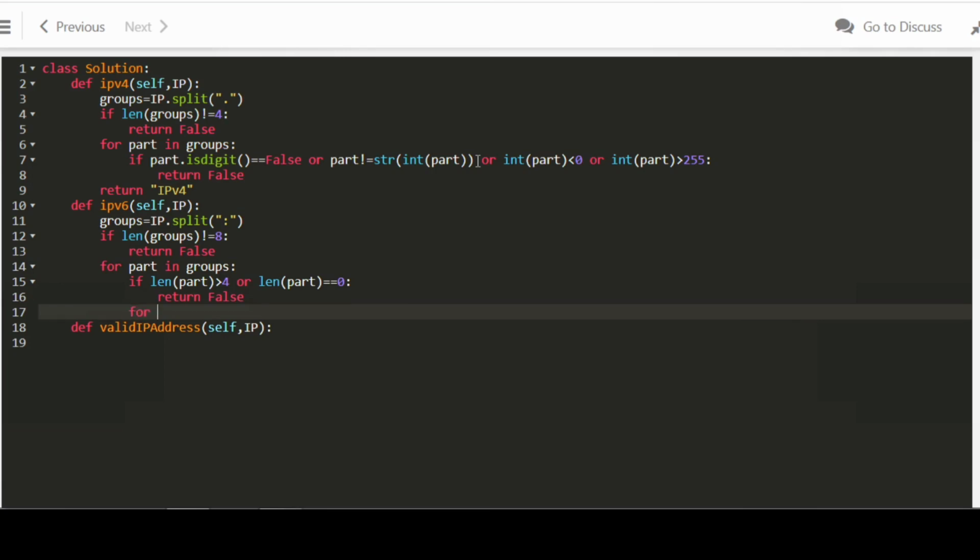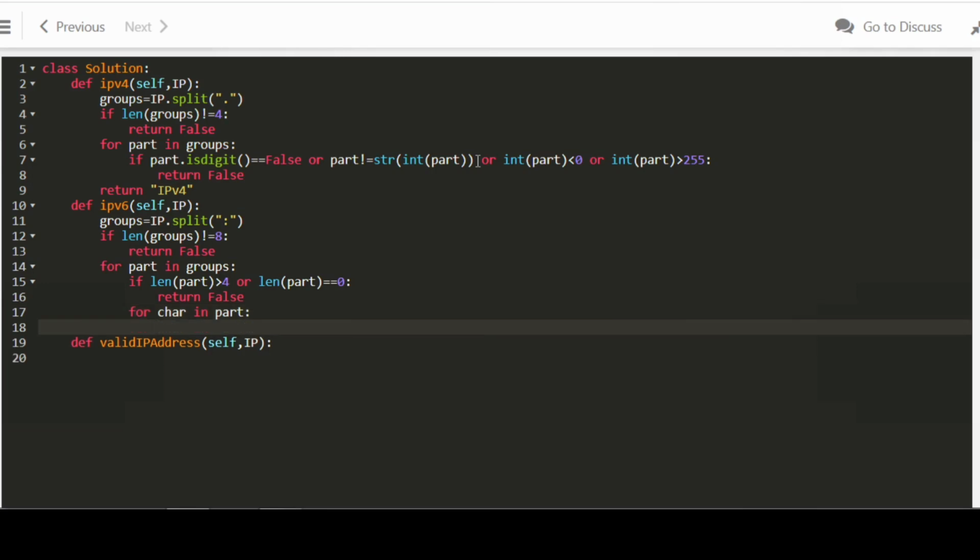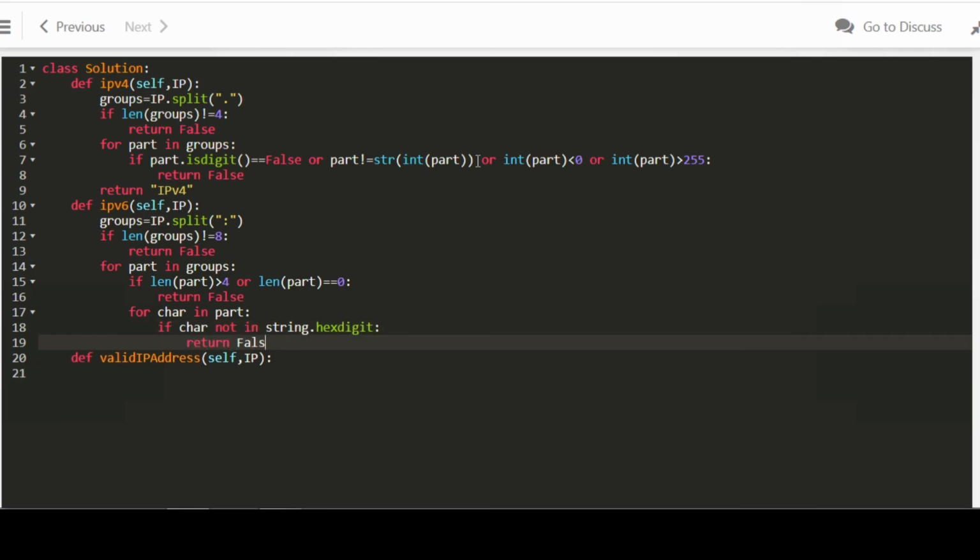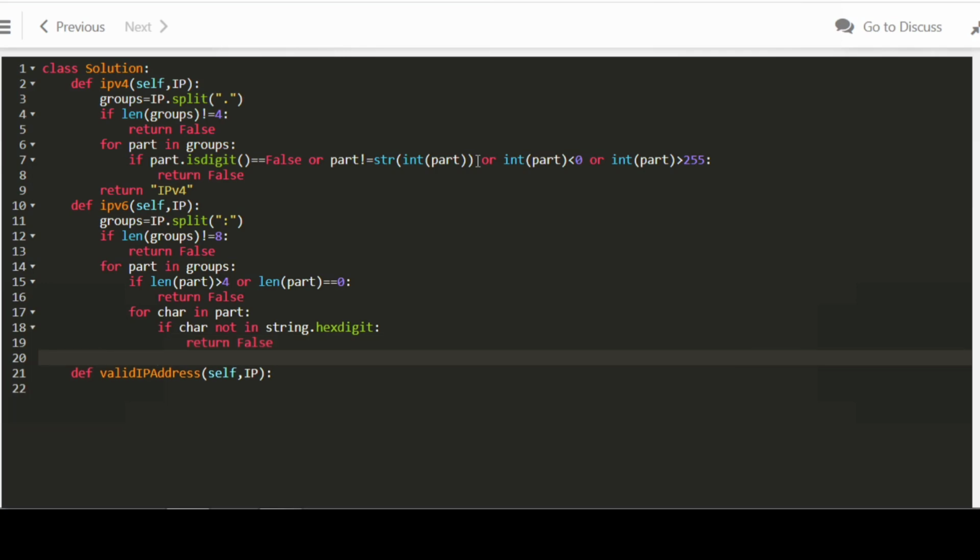And now we will check each character inside this part. Each character inside this part must be a hexadecimal, so hexadecimal means 0 to 9 and A B C D E F. So if the character is not in string.hexdigits, then we will return false.